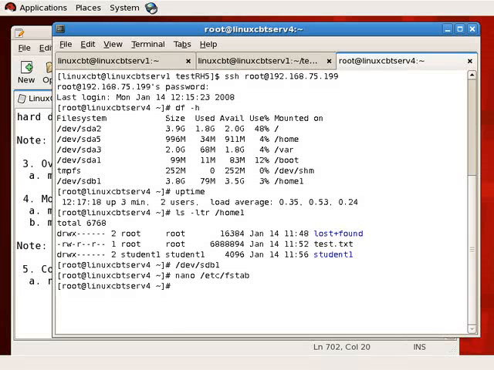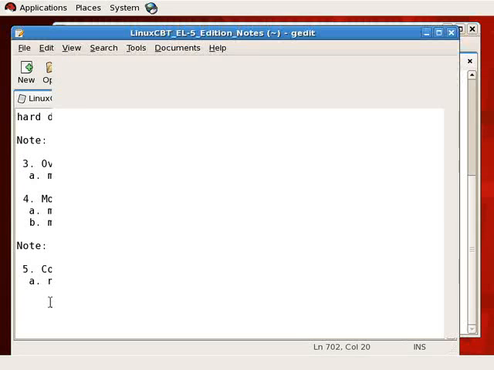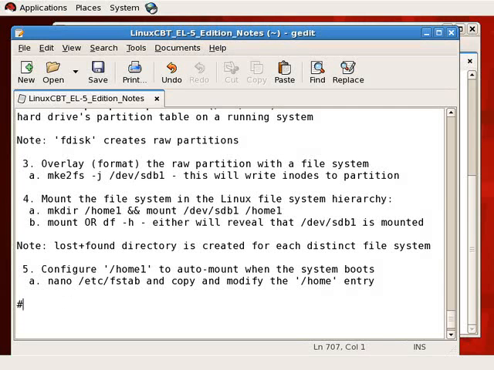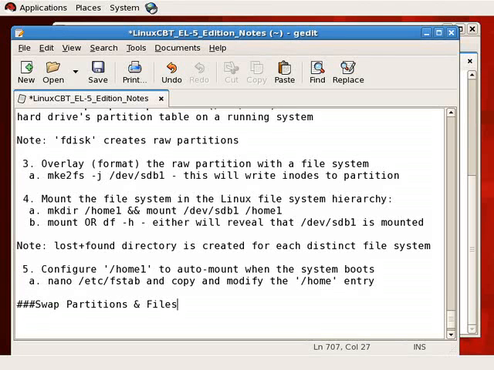Let's proceed with configuration of partitions by now focusing on swap partitions and files. Now it's imperative that you have swap space available, either in the form of a partition or a file, so that when your operating system exhausts the random access memory, it has a place to go. So swap partitions and/or files feature